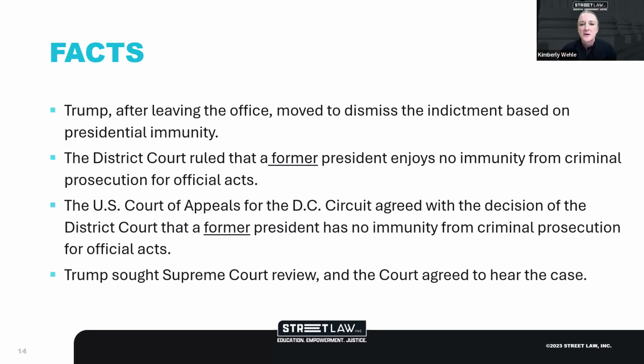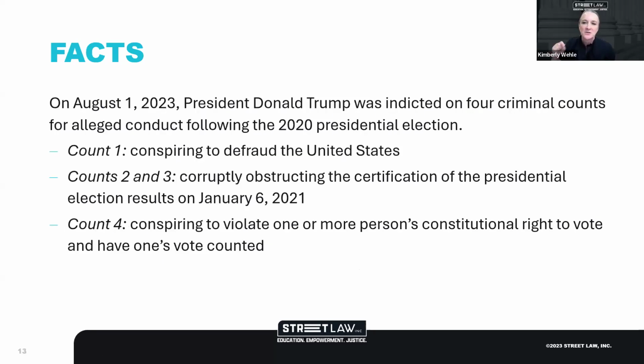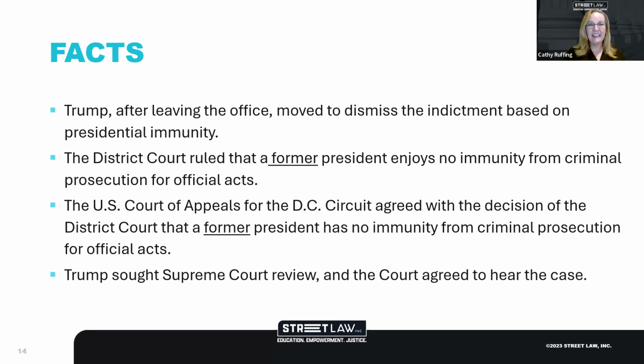Can I just add something there? People probably know, yesterday there was a superseding indictment, and the counts are the same. Just so people know, we have a new indictment in that case. They moved the facts around a little bit, but it's still the same 4 counts. Great, thank you.